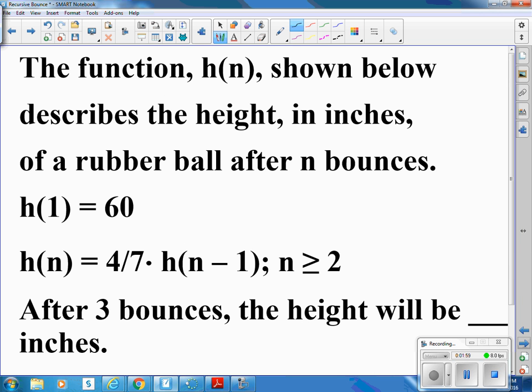The function h of n, shown below, describes the height in inches of a rubber ball after n bounces. So after 3 bounces, well, h of 1 equals 60, and h sub n equals 4/7 times h of n minus 1, where n is greater than or equal to 2. So for the second bounce and the third bounce and so forth, we can use 4/7 of the one before it each time. So I could say, well, 60 times 4 divided by 7